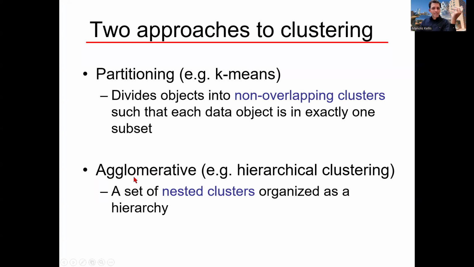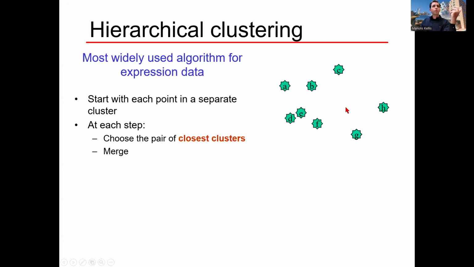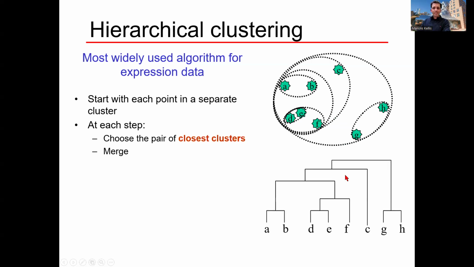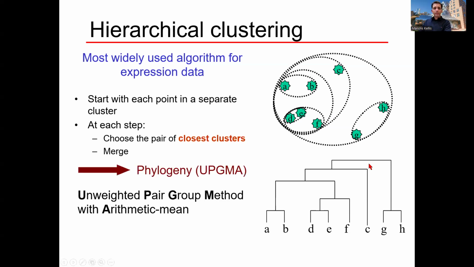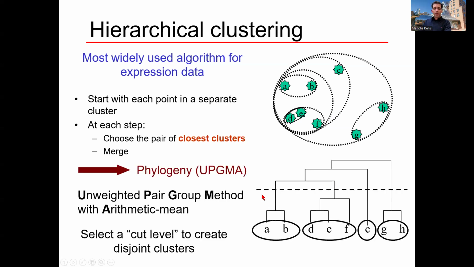And with hierarchical clustering, you can kind of sidestep this. So basically, hierarchical clustering is an agglomerative clustering that basically says, can I build a nested set of clusters which are organized as a hierarchy? So when I have a set of points, I don't need to choose K in advance. I just find the two closest points and I merge those. Then they become a cluster. Then I find the next two closest clusters and I merge them. And I continue to basically generate a tree, a hierarchy that tells me the order in which they were clustered. Okay. And then if I want to make a cut, I can just choose how many clusters I want, and I can just make a cut at that height. And then it gives me the 4 clusters.